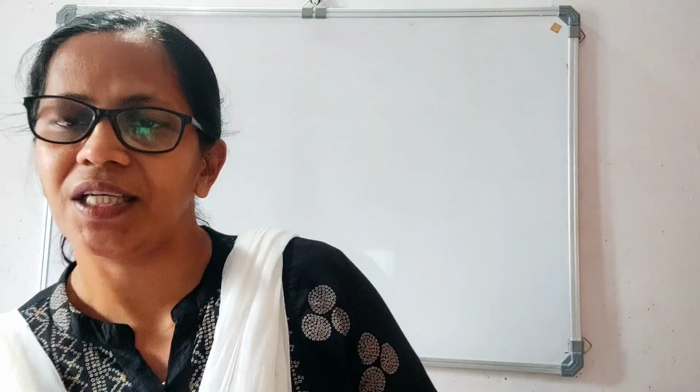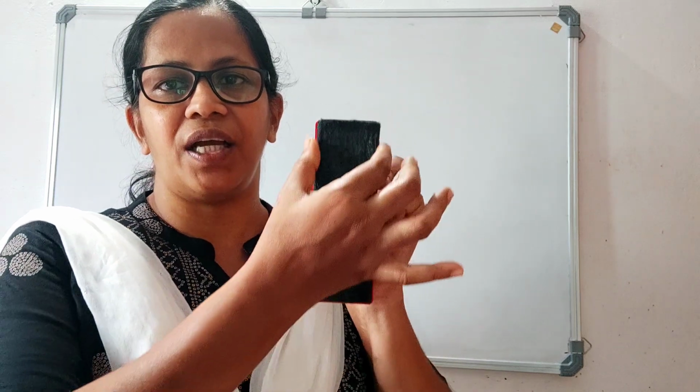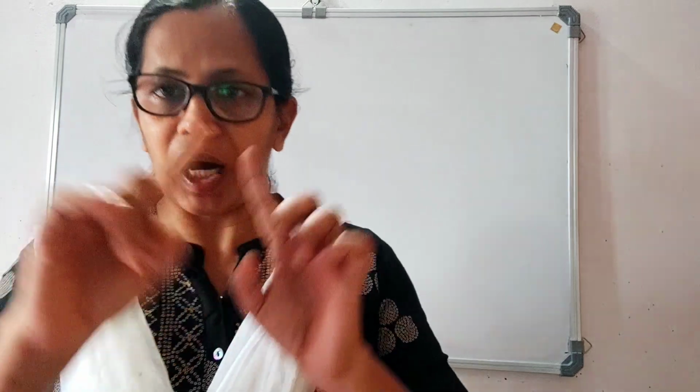Hope you know what a bar graph is. Bar graph means, have you seen that milky bar? What is the shape of it? It is almost a rectangle like this. This is like a bar. We represent data using such bars, and that is called a bar graph. That's enough for you this year.